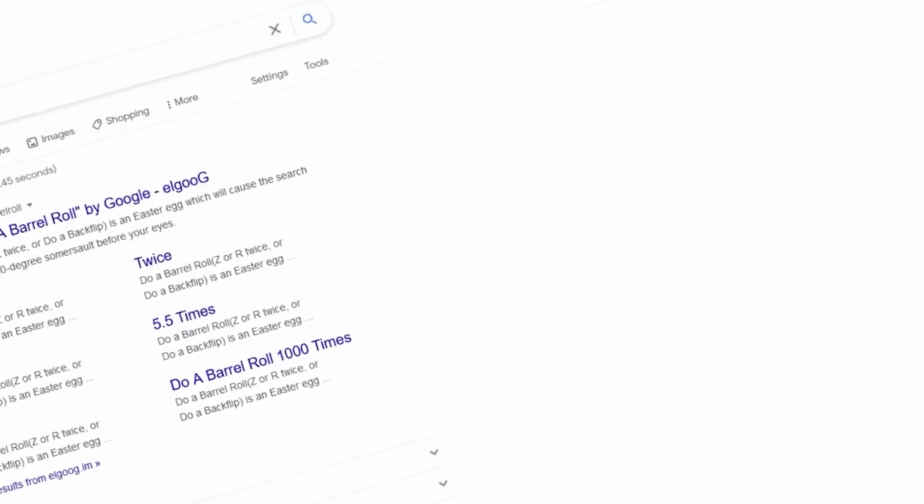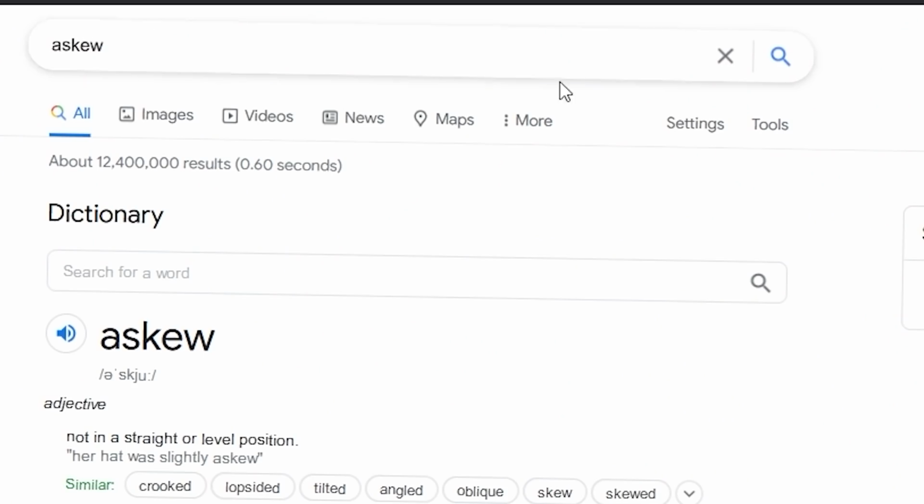Classic times. But yeah, that is cool, and it's pretty fun to watch the screen rotate like that, like, whoa. Okay, so next up, the next sort of Easter egg is if you search askew into Google, you